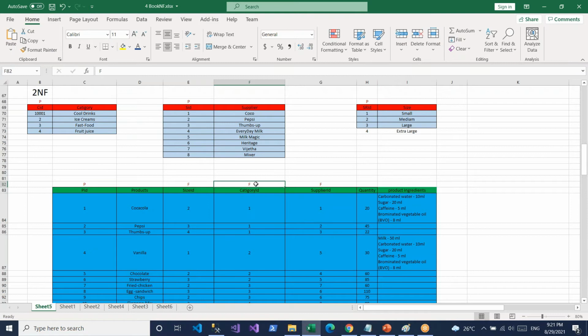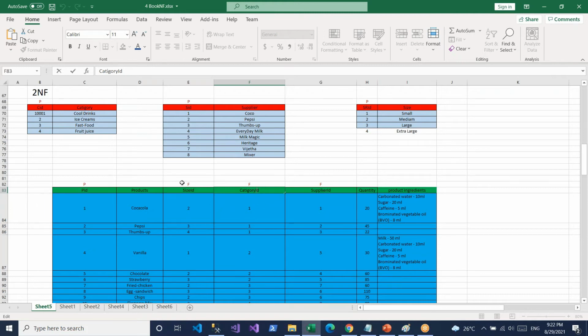That's why we need to apply the foreign key here. We need to reference this table's ID here. It's not replication. Replication means we are duplicating the value. It's not duplicating, it's just referring to the value.